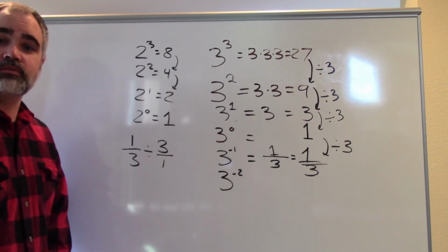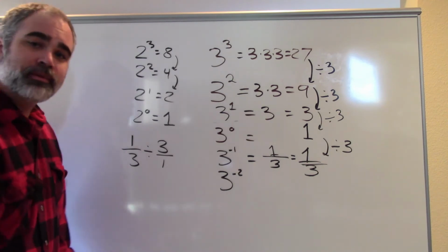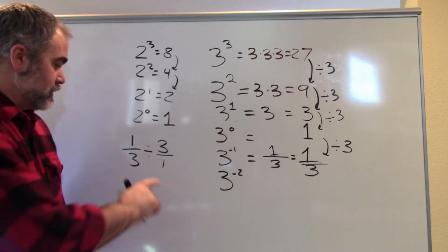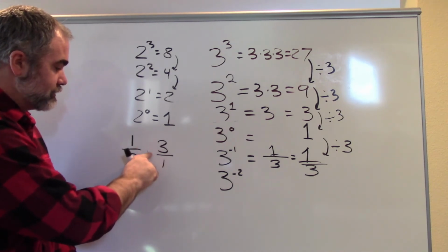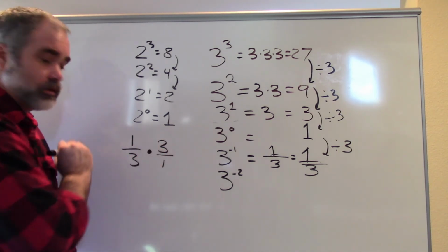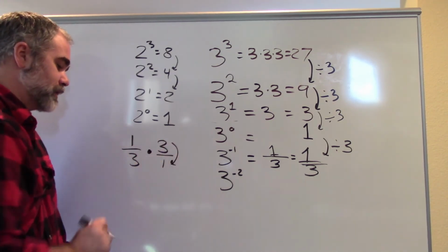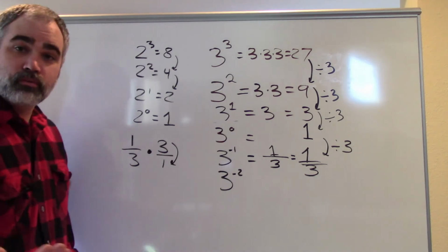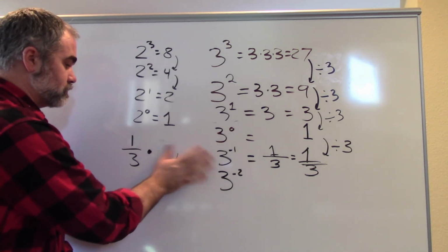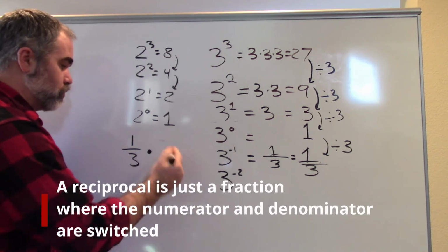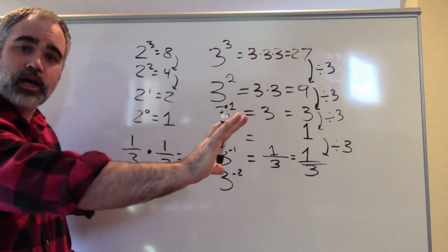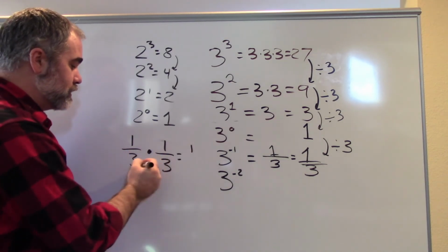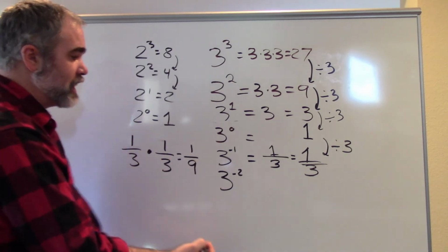Or some of your teachers will teach you copy, dot, flop. And that's a great way to remember it. You copy the first one, you change this to a dot, and you flop the second fraction, which is another name for the reciprocal. So that's 1/3, and we multiply fractions, that's pretty easy, it's just straight across. 1 times 1 is 1, 3 times 3 is 9, so I'm actually left here with